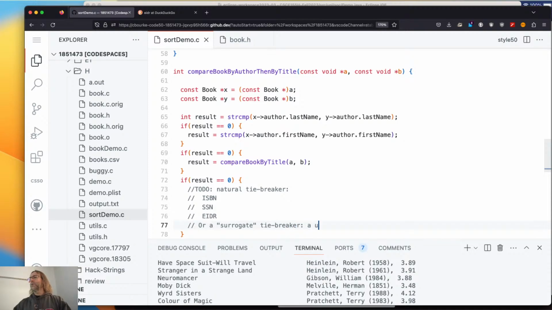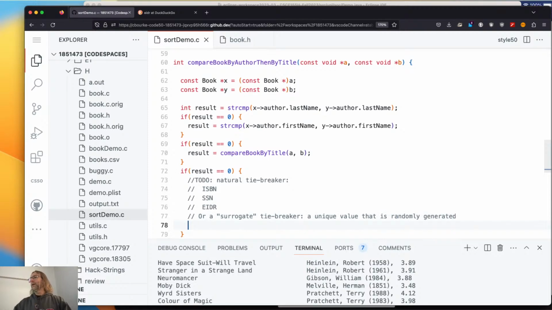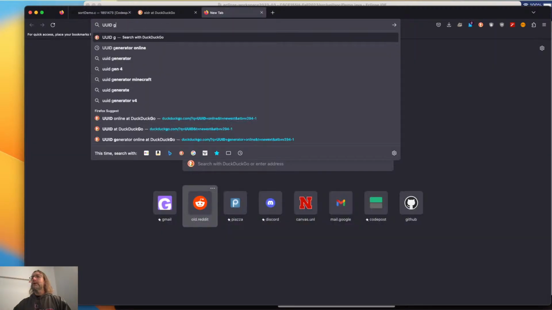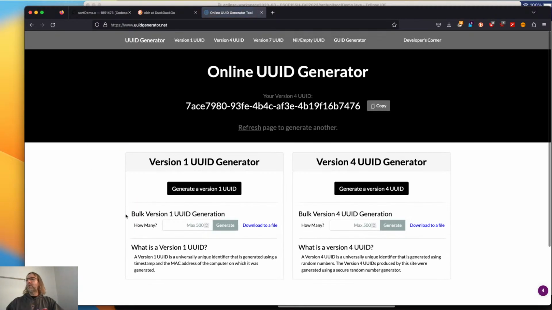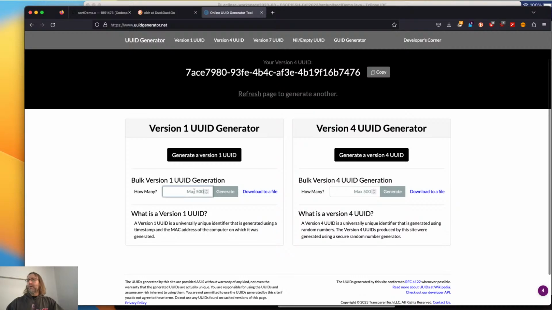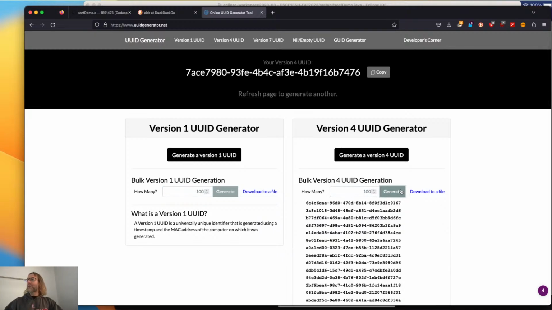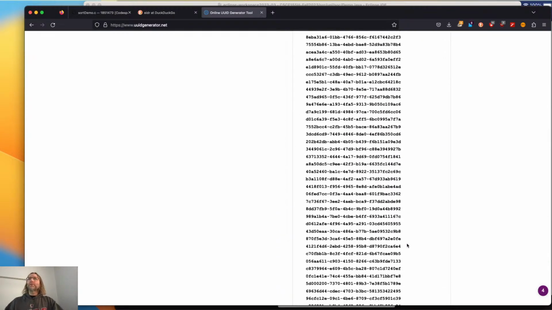A unique value that is randomly generated. And we use a tool for this called UUIDs. UUID generator. Right. There you go. Google or DuckDuckGo is giving me one. So let's go ahead and generate, I don't know, how many do you want? 100? No, I want version 4. Version 1, don't use that. Generate. There we go. Those are just random hex values that have been sent through a cryptographic hash function over